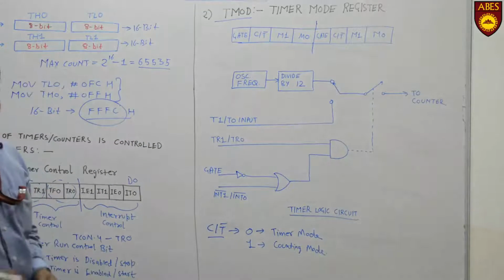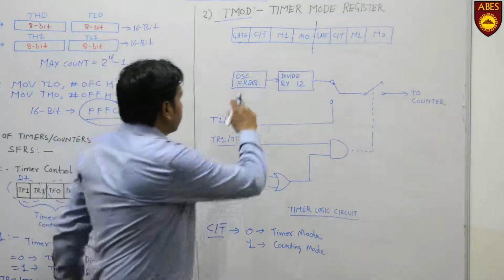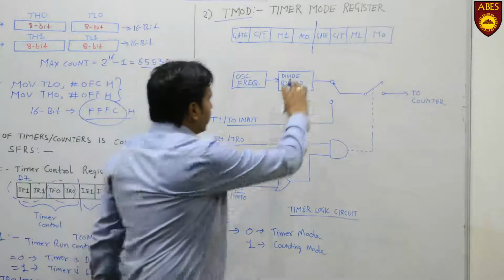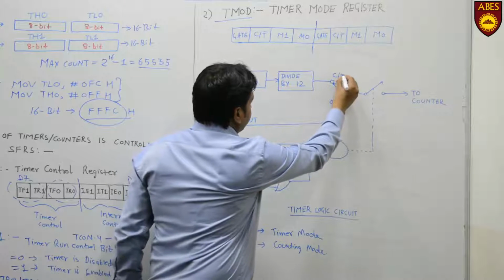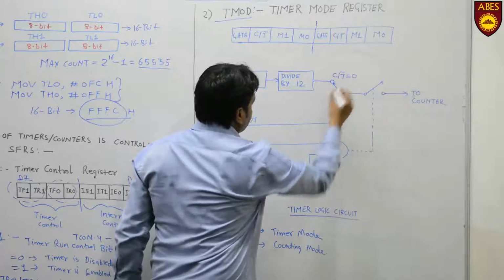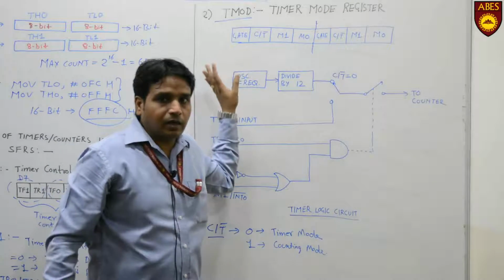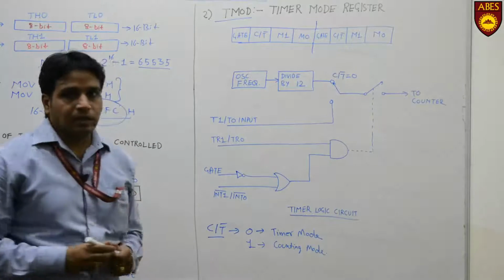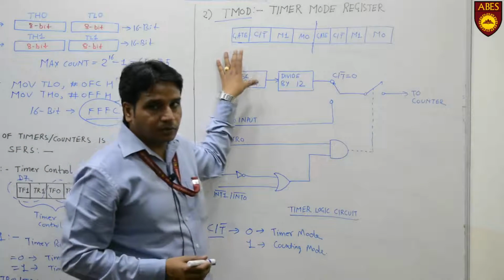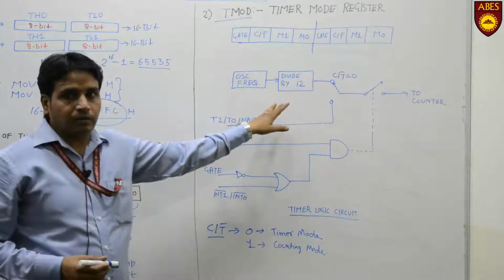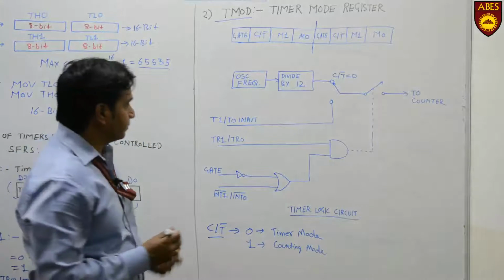So what is the difference between the timing and counting mode? We can see with the help of this particular figure. We have the oscillator frequency and we are dividing this frequency by 12, and there is a switch. This switch is controlled with the help of the bit C/T bar. If it is 0, then this switch is connected to the source of frequency that is taken internally from the microcontroller. In the case of timer, the source of pulses for the counting is taken internally from the crystal frequency, but not directly. First we divide this crystal frequency by 12 because the machine cycle takes 12 clock periods.